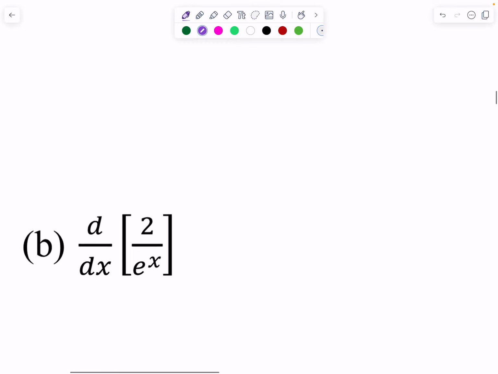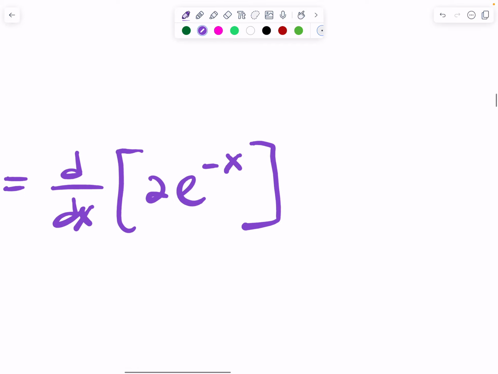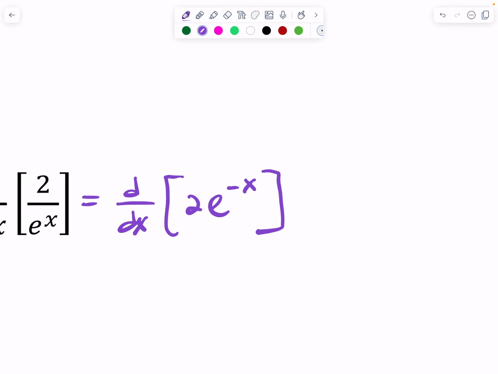Okay. For the next one, the derivative of 2 over e to the x, you could use quotient rule, but you also could use exponent properties to rewrite 2 over e to the x as 2 times e to the negative x. Okay. And then the function written in this form, we would be thinking, okay, well, e to a power is the outside function, and then negative x is the inside function. So like a function inside of a function, a composite function, meaning that we have to use chain rule to